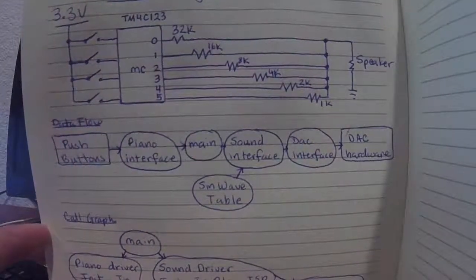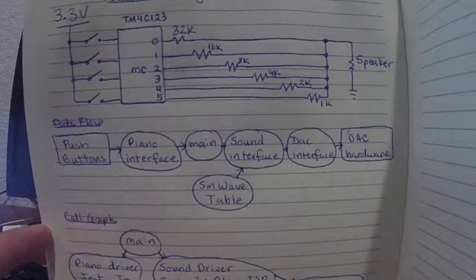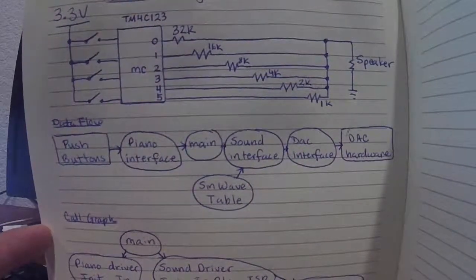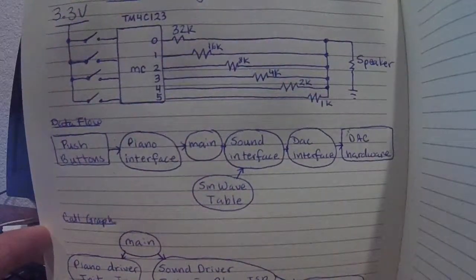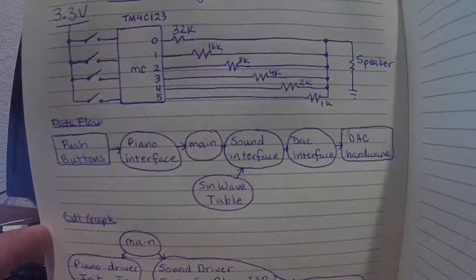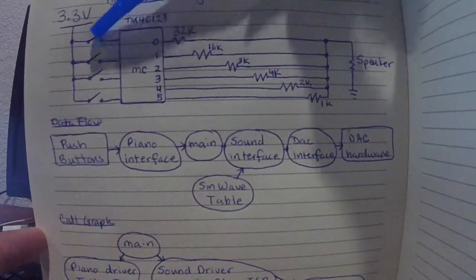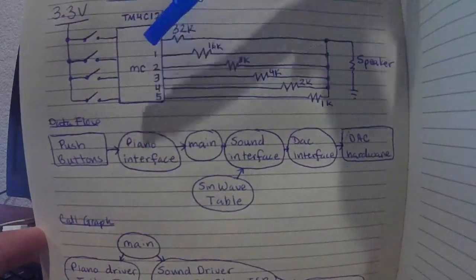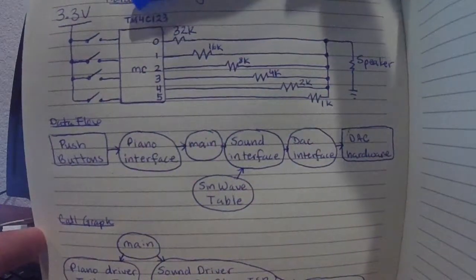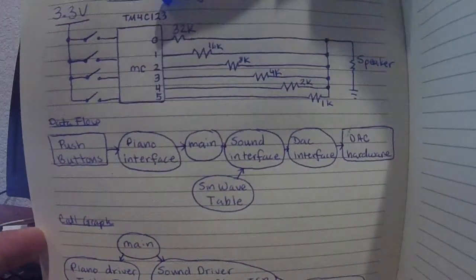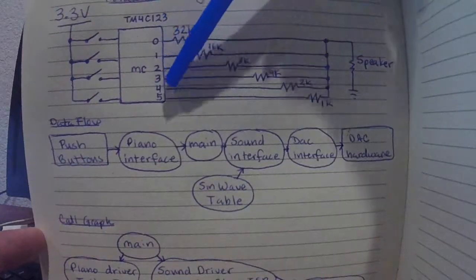Hello everyone. I wanted to show you this neat project that I've been working on. It's basically a digital piano that will output 4 different keys. So the way that it works is that we're going to have 4 different push buttons that are going to be inputs into this microcontroller, the TM41C123. And the microcontroller is going to have 6 pin outputs